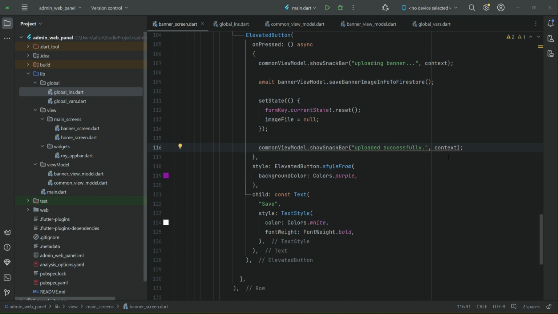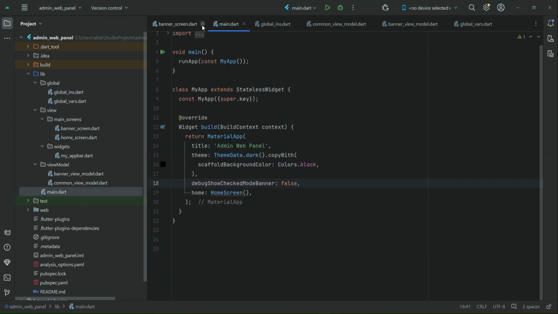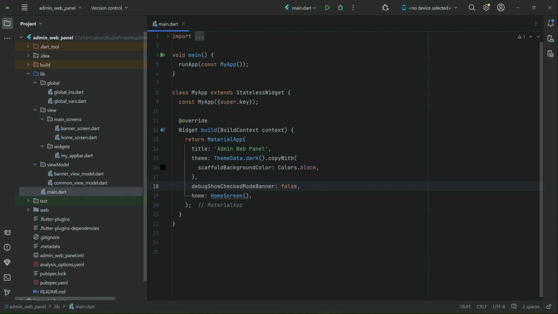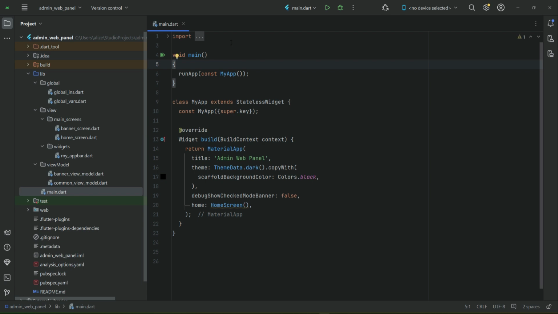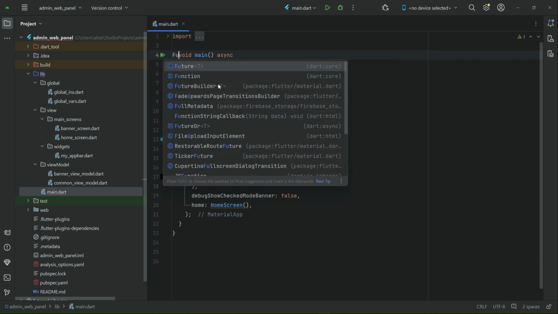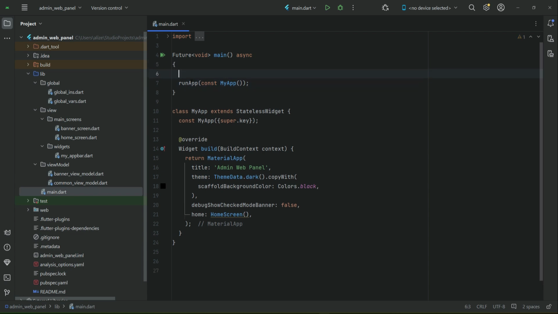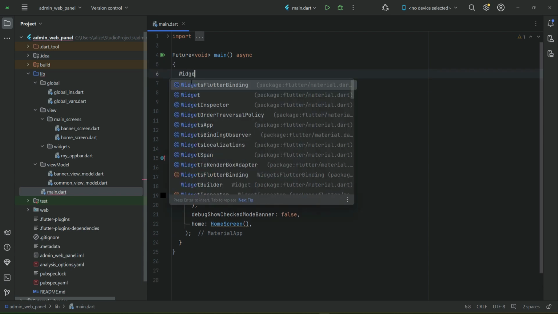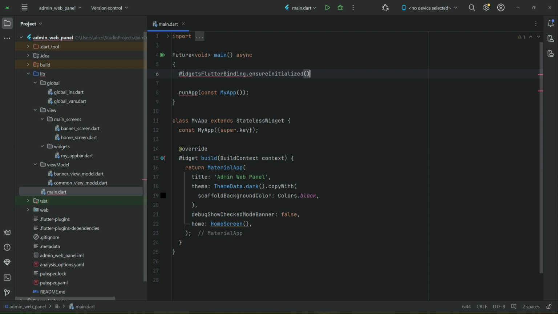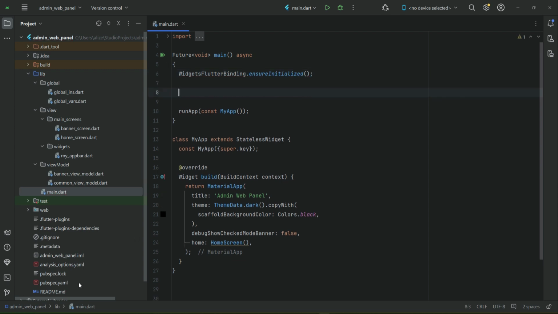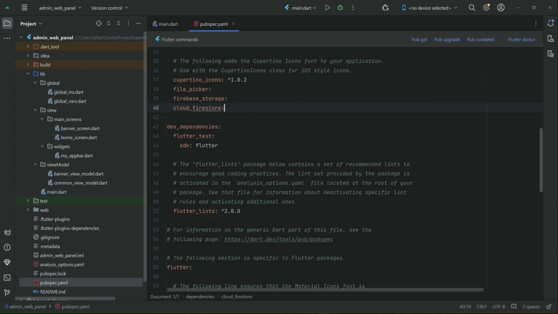So now let's quickly connect our app with Firebase and then we can test our application. So go to the main.dart, let's close the other files, and what we can do is we can simply make this quickly asynchronous. It will be Future void. We have to say WidgetsFlutterBinding.ensureInitialized, and then to use Firebase in the Flutter web project, for that purpose first